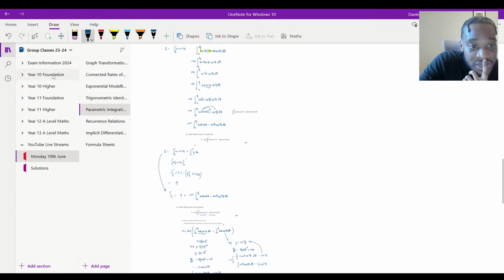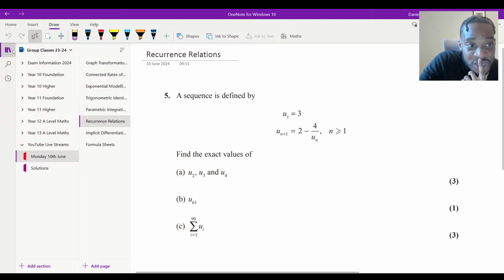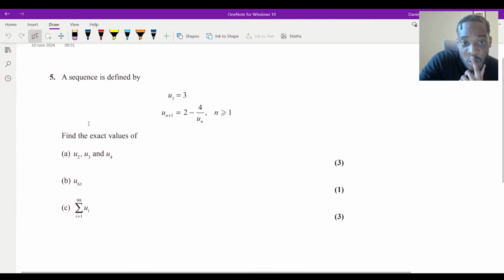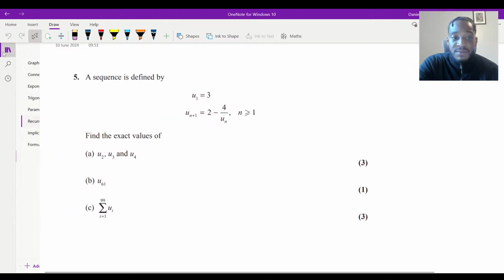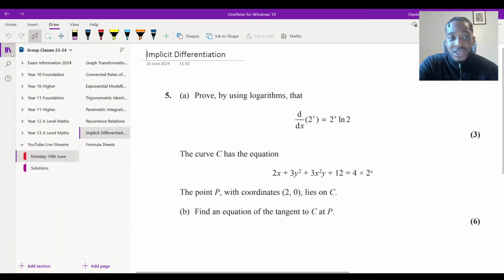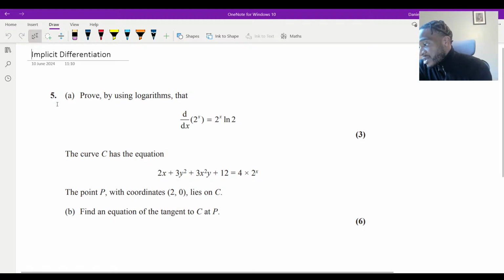I've got a couple more questions. So, yeah, got this one here. Recurrence relation. So this is another one. So I've got the circles. Or should I just? I'm just thinking. I haven't got a circles question, to be fair. I did circles the other day. Trig, modeling, implicit. Okay, you know what? I have got an implicit one, to be fair. So I can see a lot of implicits. I'll do that.